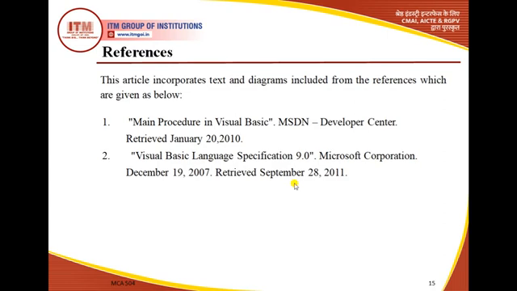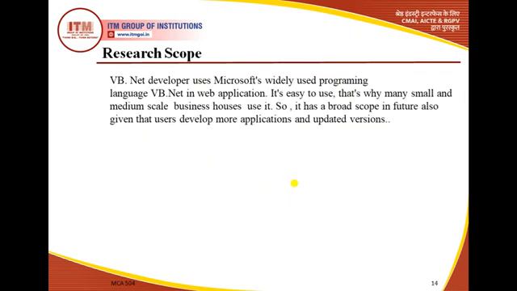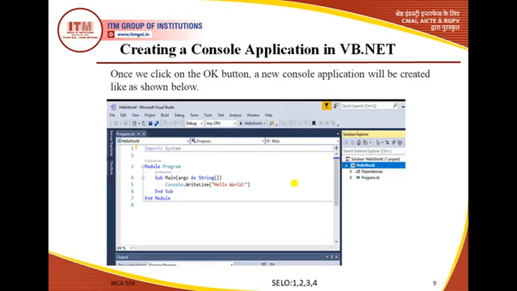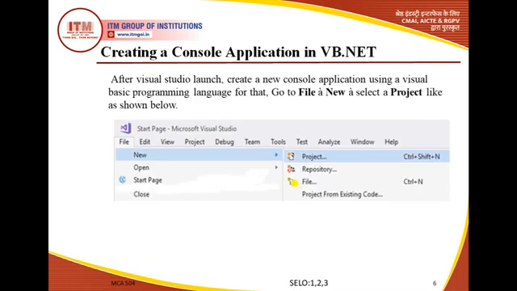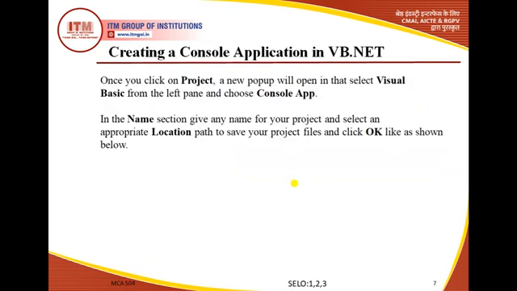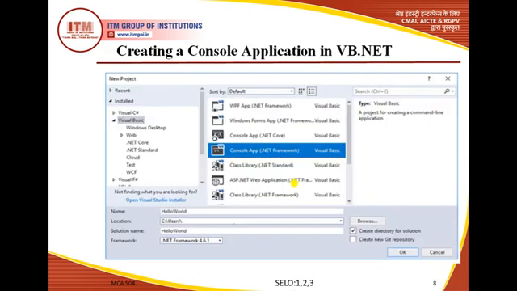So basically, we have all gone through this lecture on the VB.NET environment setup, where we came to know how to set up Visual Studio. Then after installation, how we create a console application, how to save it: the new project window will open, then we go for the console application, save the name of the program, the location path will be saved, and so on.